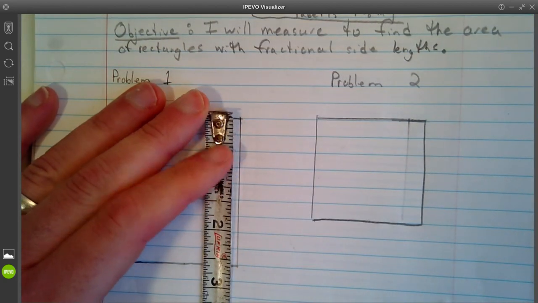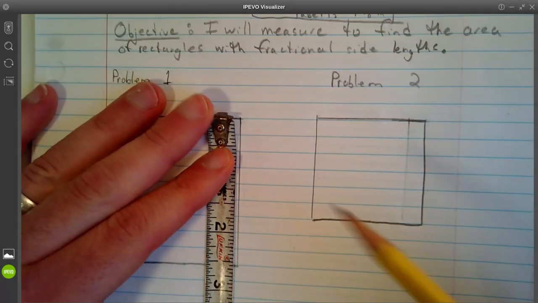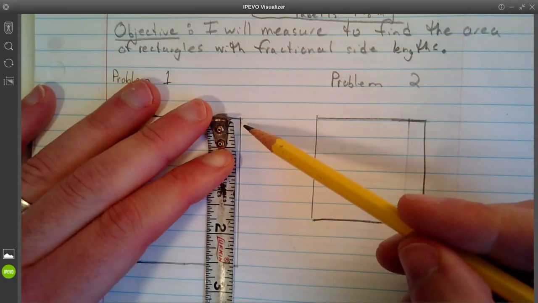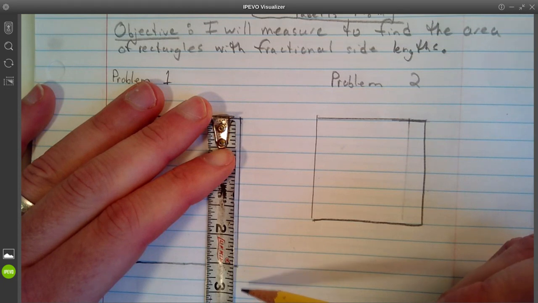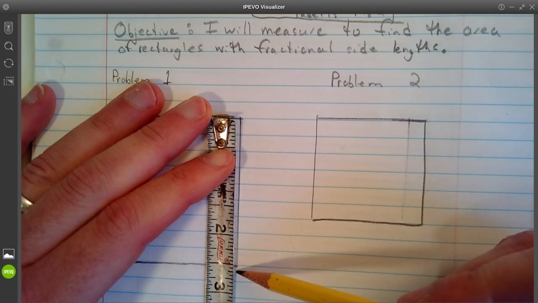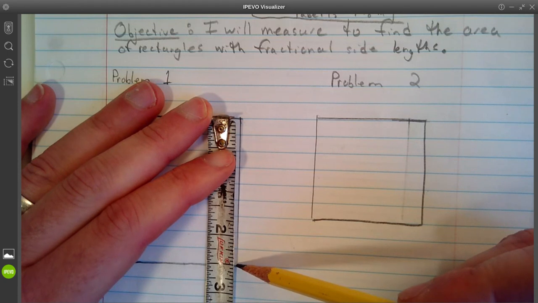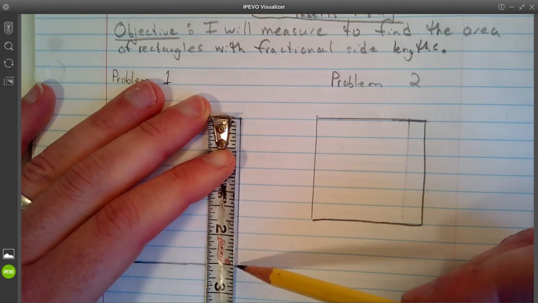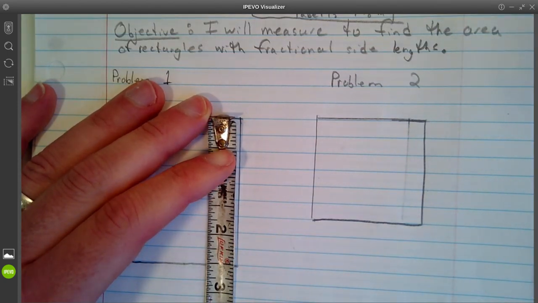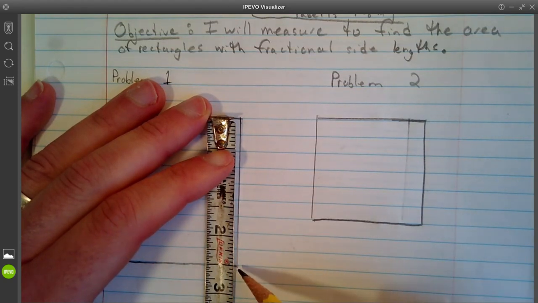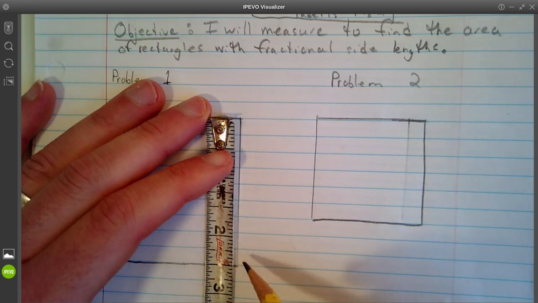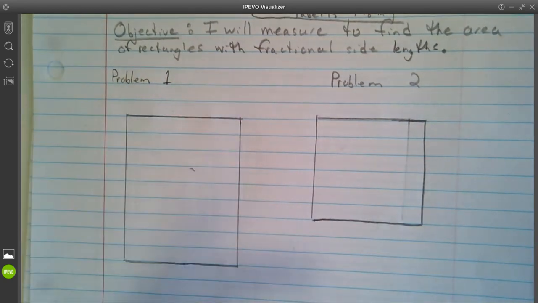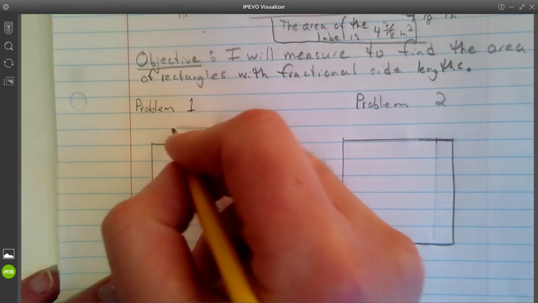This side, to the nearest quarter inch, we need to look at eighths, but I've got 0 lined up really well there. If we're looking at eighths, it's right on 2.5. So the nearest quarter inch would be looking at the eighth of an inch. Is it more or less than that eighth? If it's closer to a quarter, then it's a quarter inch. Terrible explanation, but anyhow, that's 2.5. So this is 2 inches